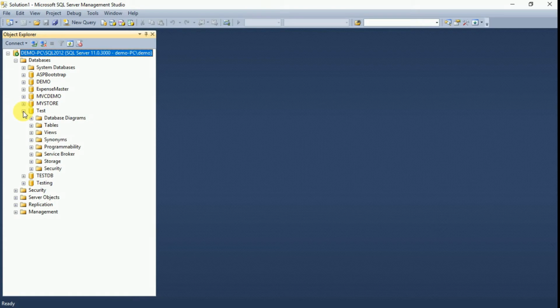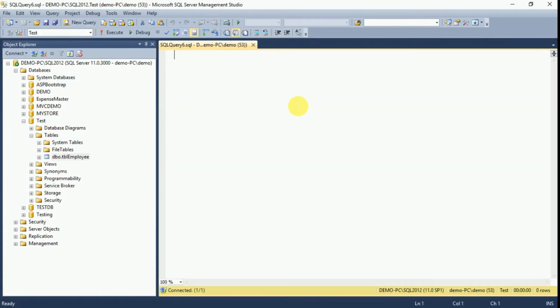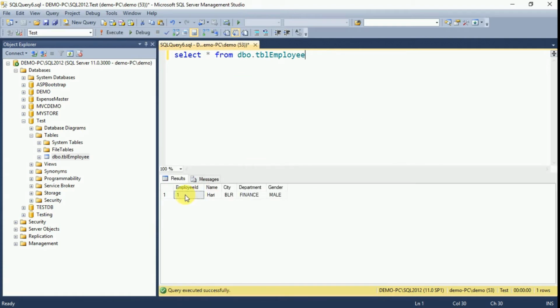I have one database called test database. Inside this, I created some tables. We will check the data of this tbl employees. Here I have one record with employee name, city, department and gender.